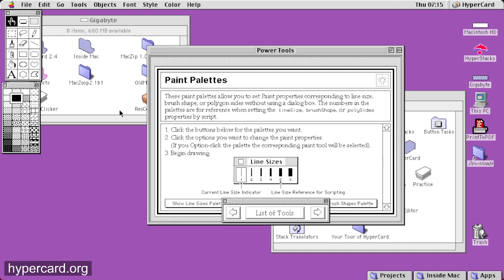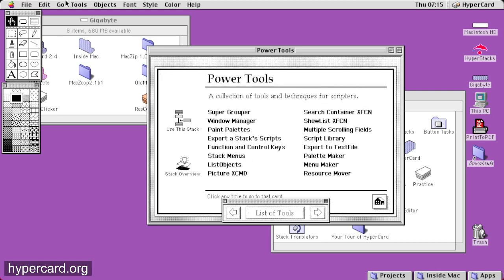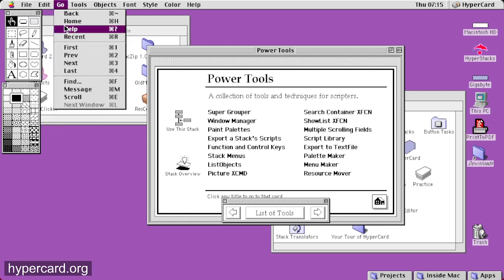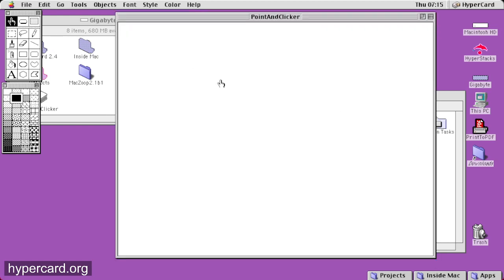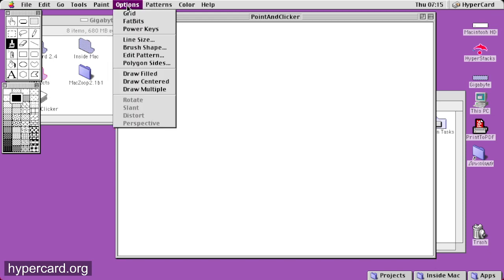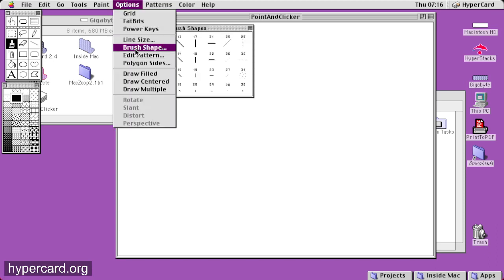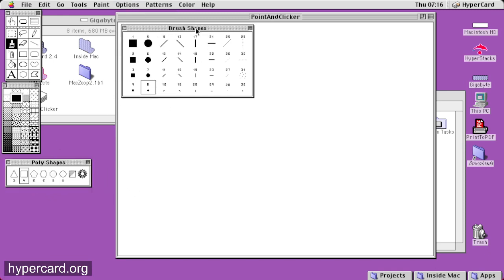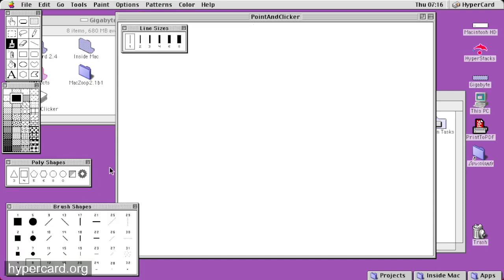And that means they create little floating windows like this for your tool palettes. And by using start using, we get the script of this stack as if it was our home stack in addition to the home stack. Okay, so let's go to our recent cards, find our stack, and if I now switch to a paint tool and say line size, brush shape, polygon sides, then, as you see, we get little palette windows